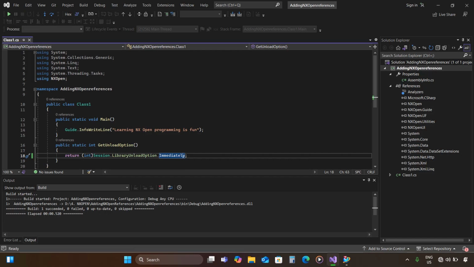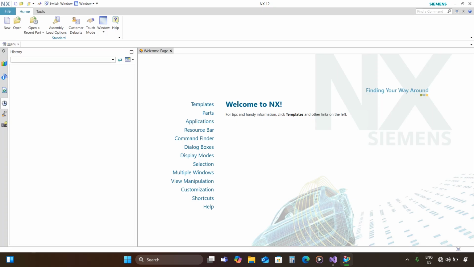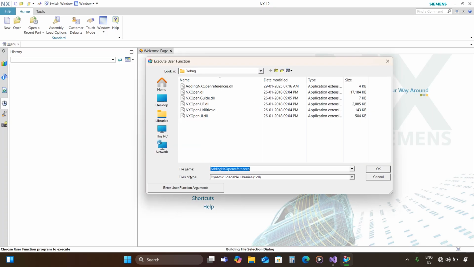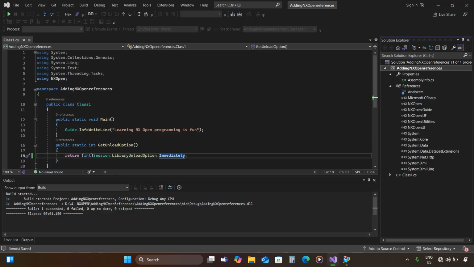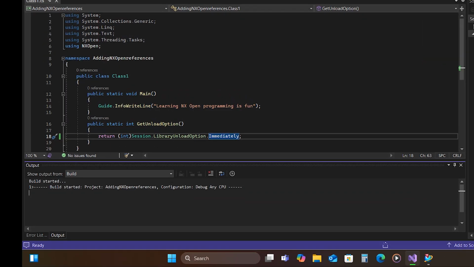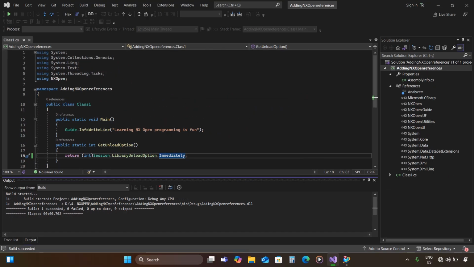After changing it to immediately, debug the program again. Once debugging is complete, copy the .dll file location. Next, open NX, press Ctrl+U, paste the file location and click OK. To verify whether the .dll file was unloaded immediately or not, debug the program again from Visual Studio. You will see build succeeded and 0 failed in the output, which means the .dll file was unloaded immediately once